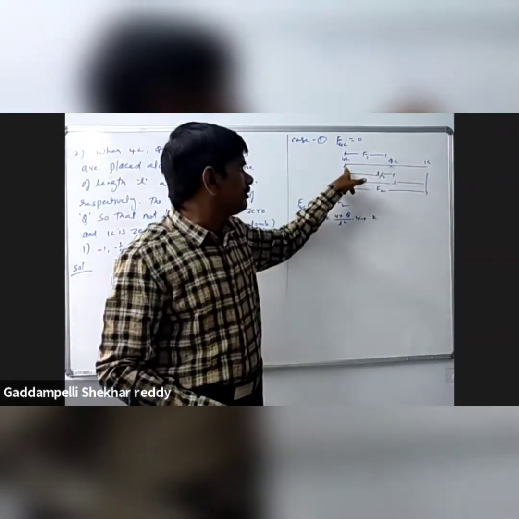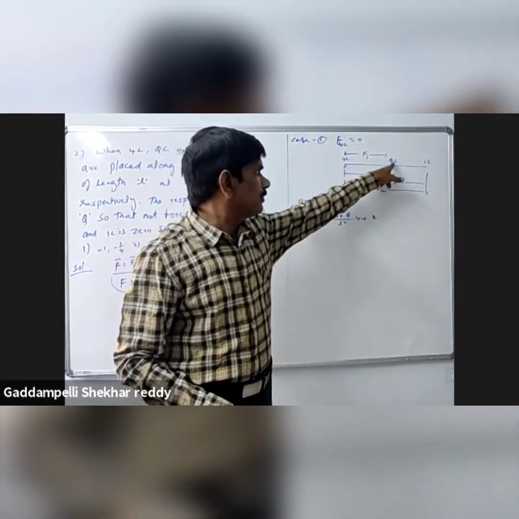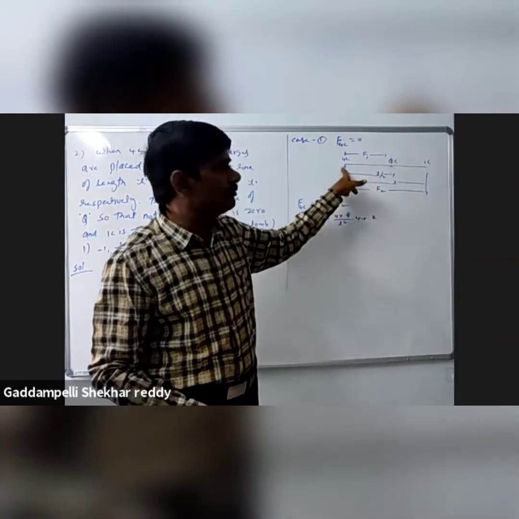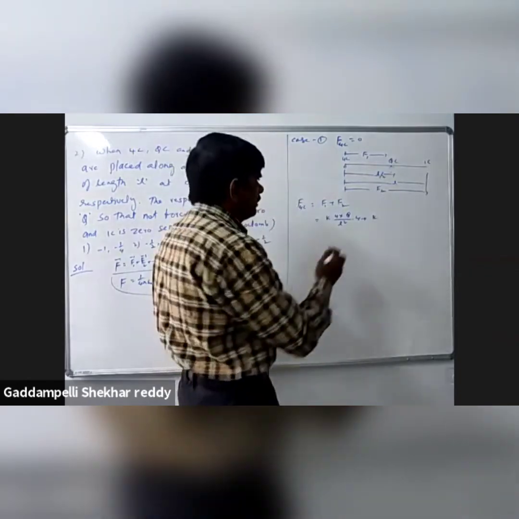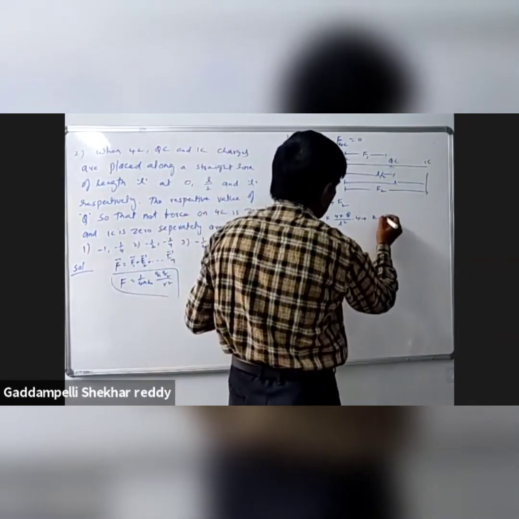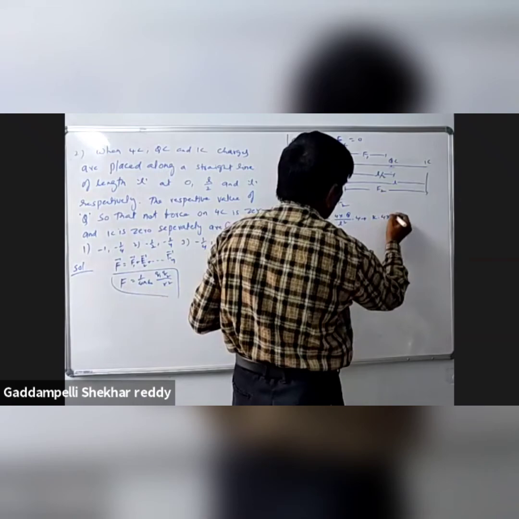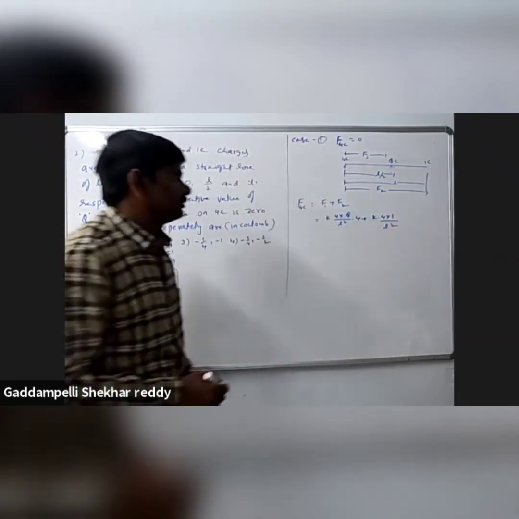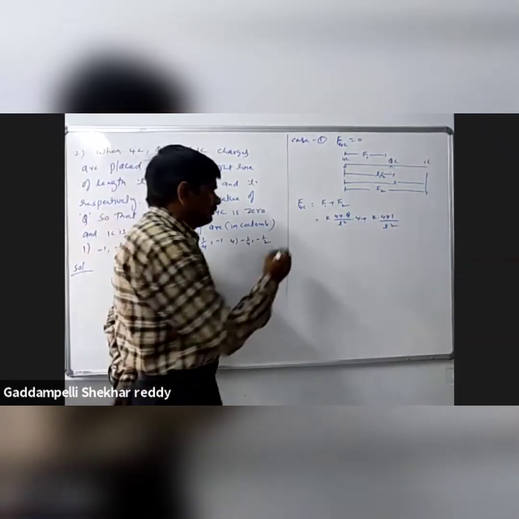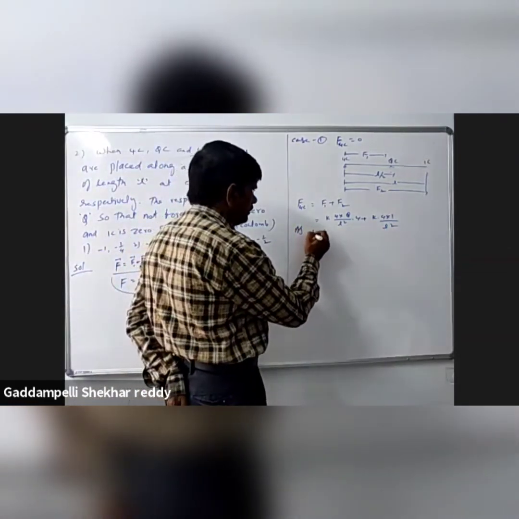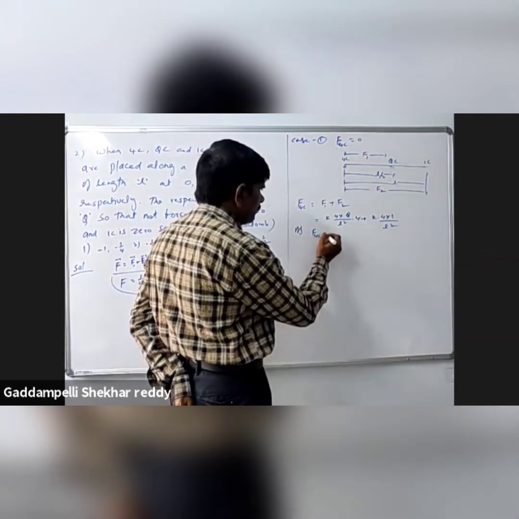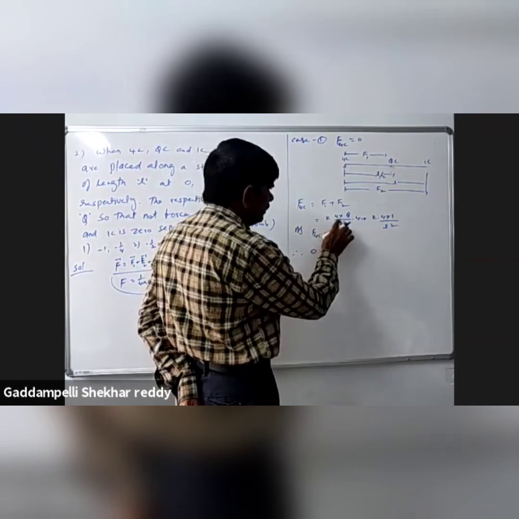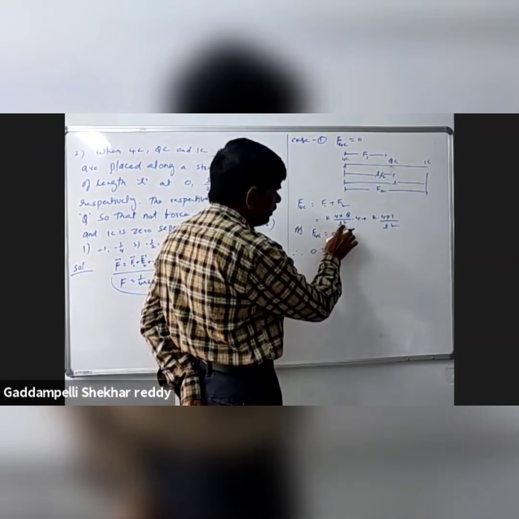F2 means between these two. The force due to multiple charges, superposition: force on 4 coulomb due to Q, force on 4 coulomb charge due to 1 coulomb. So the first charge here is 4, second charge is 1. What is the distance? L square. As the force is equal to how much? 0. So therefore 0 force is equal, and K by L square is common.